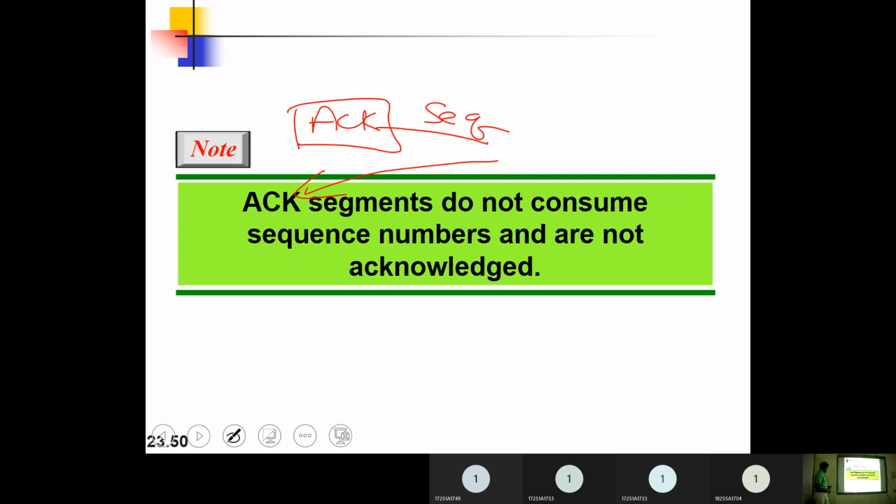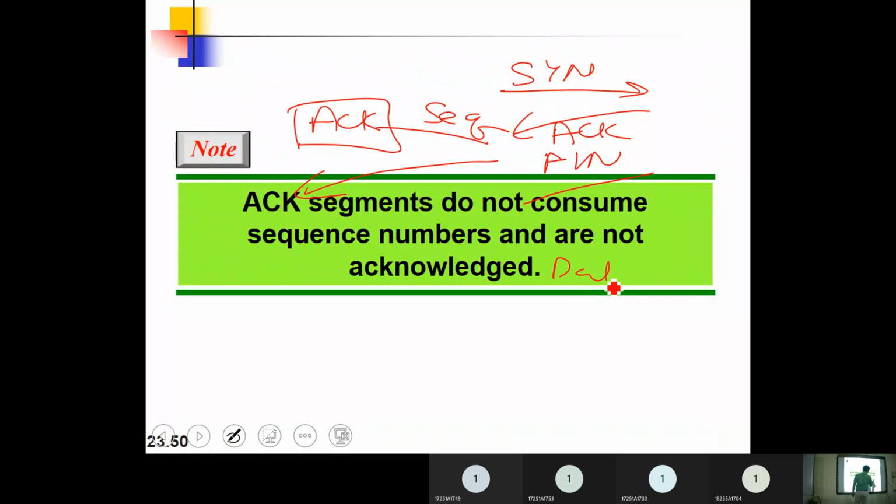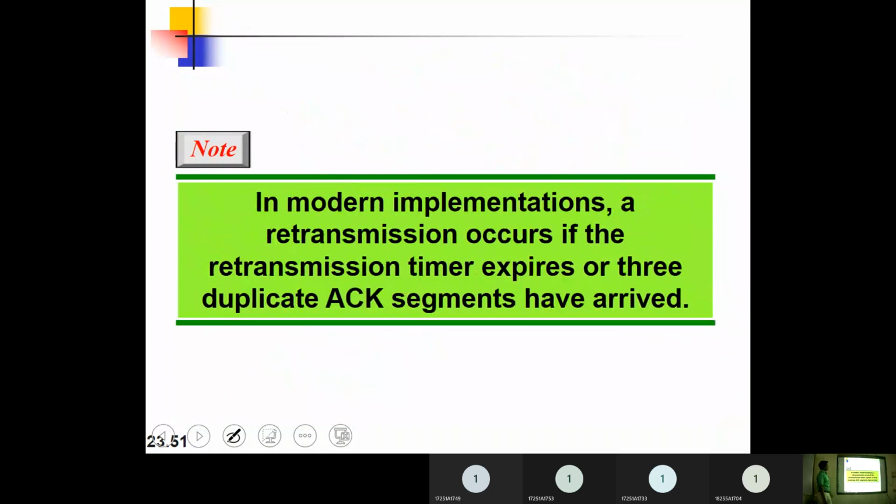For example, if I consider a SYN message, for this you are going to have some acknowledgement. For a FIN message, you are going to have acknowledgement. If you send data, you are going to have some acknowledgement. But the opposite, if you send an acknowledgement, there is no acknowledgement for an acknowledgement. Okay, that's what you need to remember.